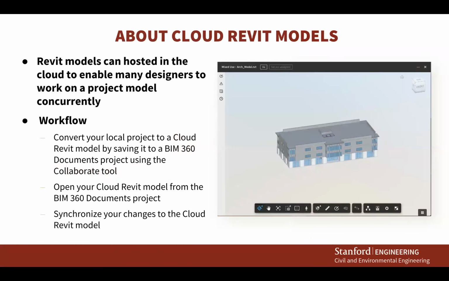In addition to sharing models through linking models together from different disciplines, Revit models can also be hosted in the cloud to enable many different designers to work on a project model concurrently. This is especially handy when you have a large project team and many people need to be working on the same model concurrently, making changes at the same time and being able to update each other with the changes as